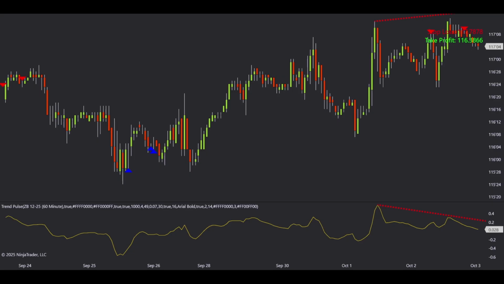And in this video, we're going to go over the trend pulse indicator. Here we are on the Treasury bond hourly chart. What this indicator does, as the name suggests, trend pulse, is know that trends don't move as just one straight line,